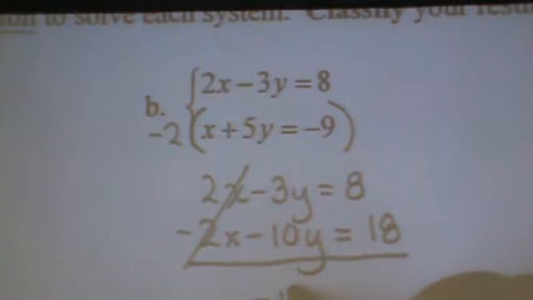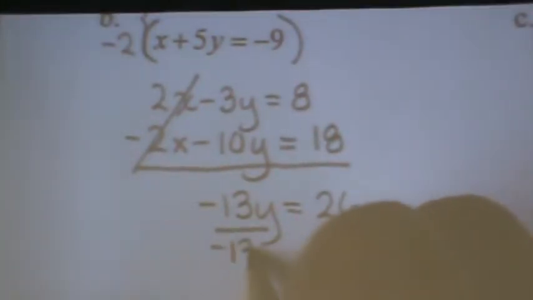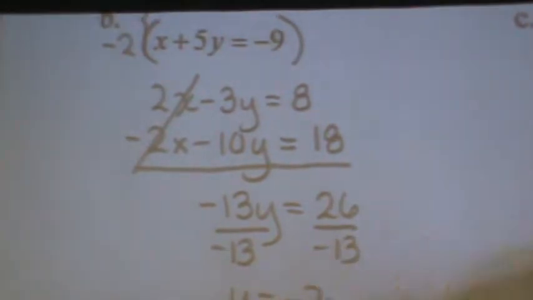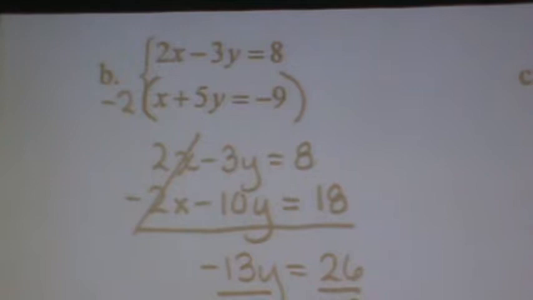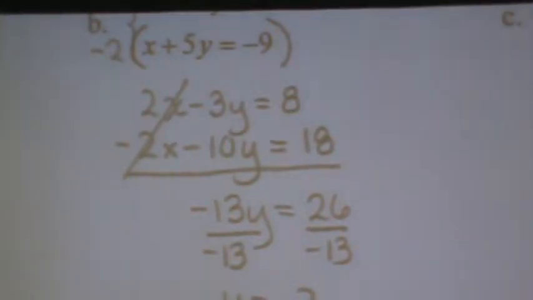The 2x's cancel. You get -13y equals 26, then what? Divided by -13, you get -2. Yep, -2, excellent. Now, how do you find the x value? Which one do you want to plug it into? Top one or bottom one? I think we should use the bottom one, because there's no negative there. So let's do x plus 5 times -2